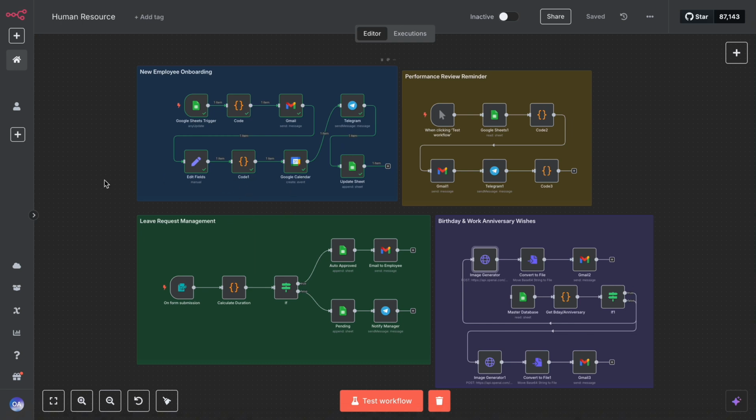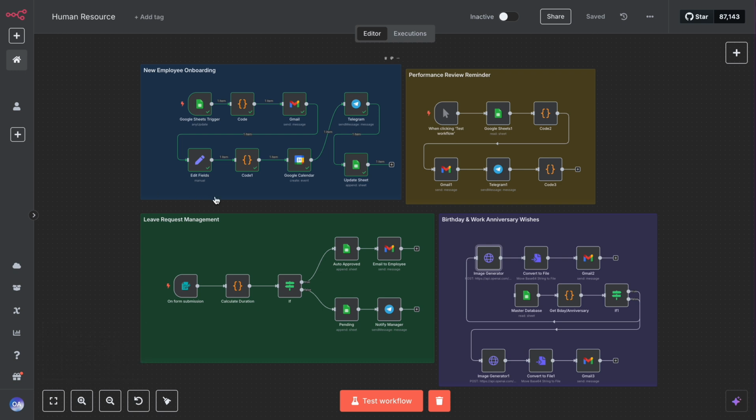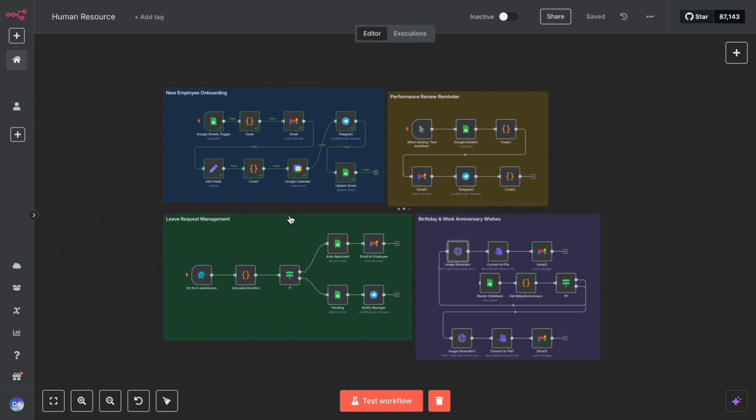In today's video, I'm going to walk you through a complete human resource automation system built entirely in n8n, one of the most powerful no-code tools out there. We'll start with a quick overview, and then go deep into each automation, explaining every single node and what it